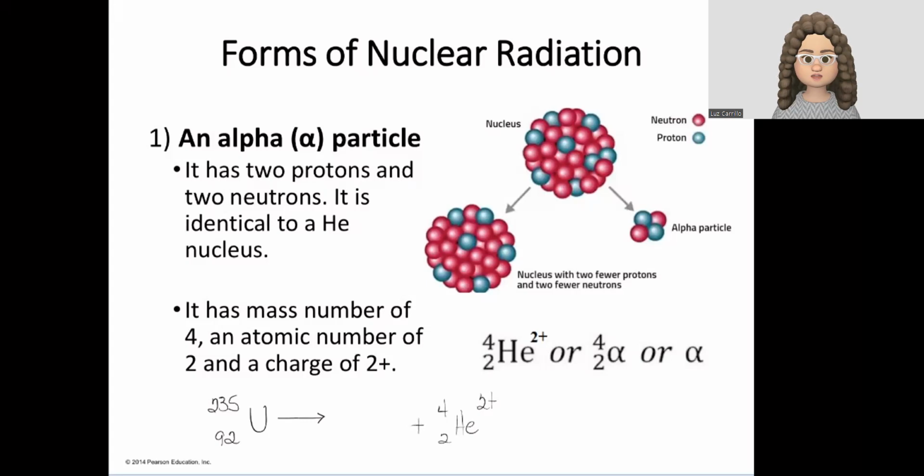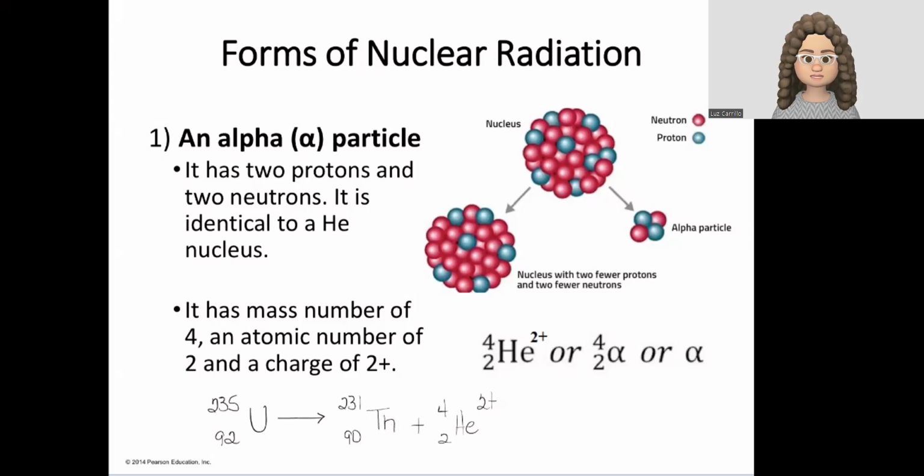What we observe overall is that the new nucleus that it creates has the following characteristic. Since the alpha particle is going to have a number of protons of 2, the new, more stable nucleus that is created is going to have an atomic number of 90. Since that alpha particle has a mass number of 4, the mass of that new, more stable nucleus is going to be 231. And the identity of this new created nucleus is going to be thorium, which the symbol